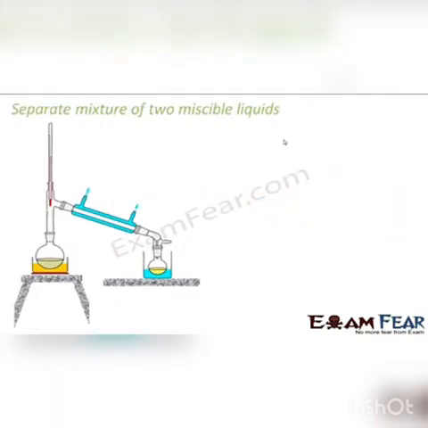Let's take an example where we have to separate two miscible liquids. Here the liquids are miscible, right? For example, let's suppose acetone and water. So we have water plus acetone. Now you have to separate them. We know that both are volatile. How can we separate them? It's not that easy. But we know that acetone has a low evaporation temperature, it evaporates easily, and water has a high evaporation temperature.